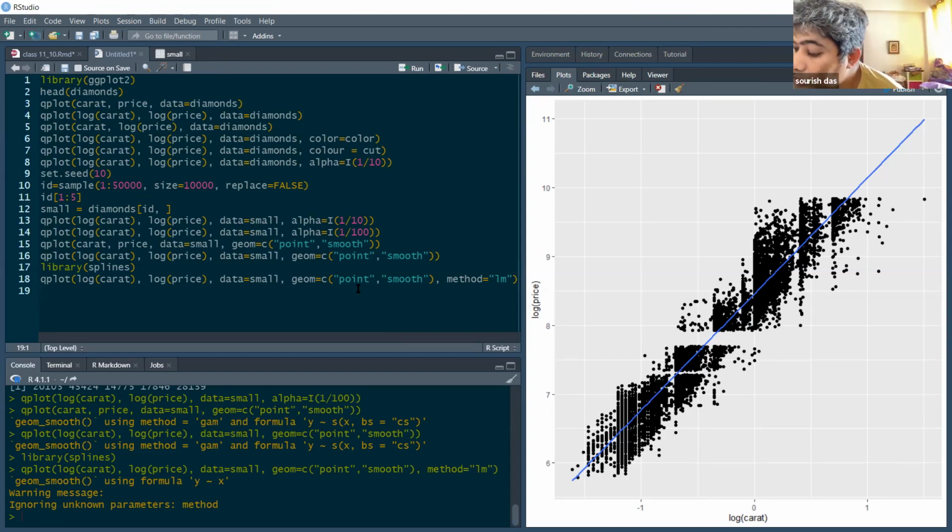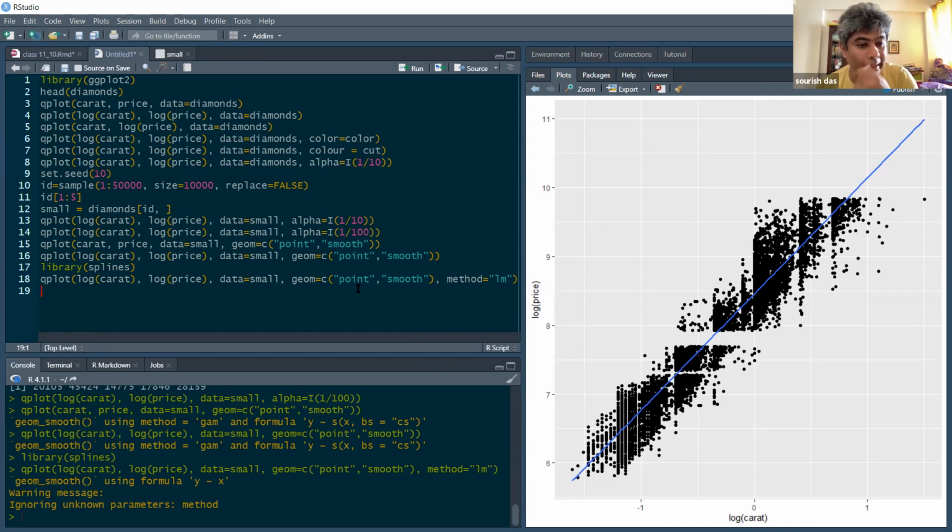Okay, point is doing that, but still it's creating a straight line. What is happening is this method is probably unknown to qplot. Geom smooth, maybe. So you see, as a backend, qplot is calling geom smooth because we have given geom and then smooth.